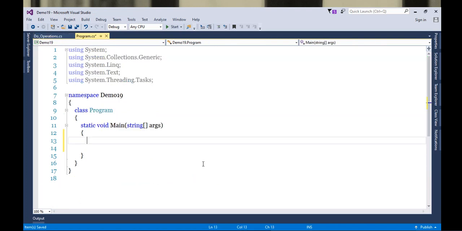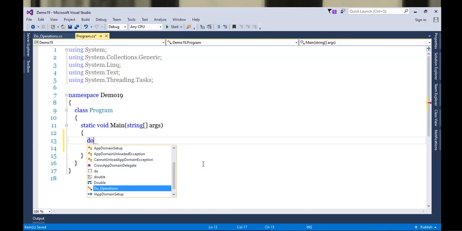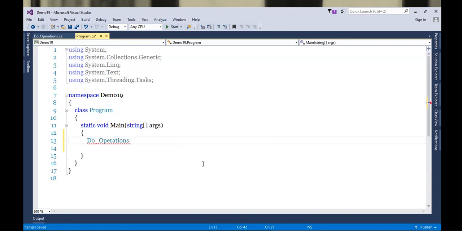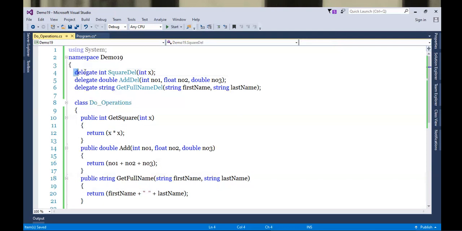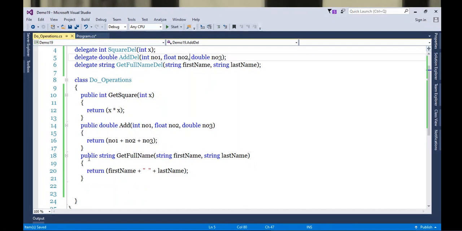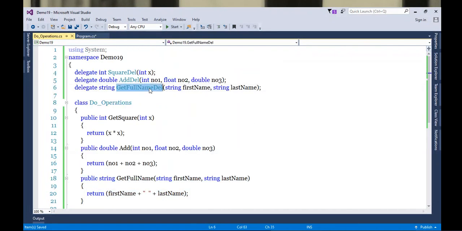So let's start preparing it, like DoOperations reference equals new DoOperations, and then let's start using these delegates out here. Already we created the delegates. Let's go for the first option, and for that I will take the GetFullName method.